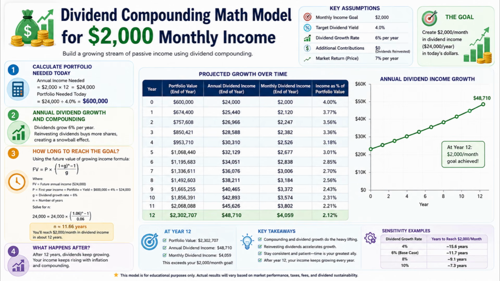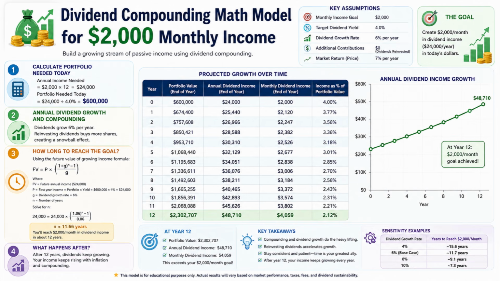This example shows that once the $2,000 monthly target is achieved, continued dividend reinvestment and dividend growth can significantly increase future income. In addition, the investor does not need to sell shares to receive the income, provided the underlying companies continue paying sustainable dividends. The growth rate also has a major impact on the time required to reach the income